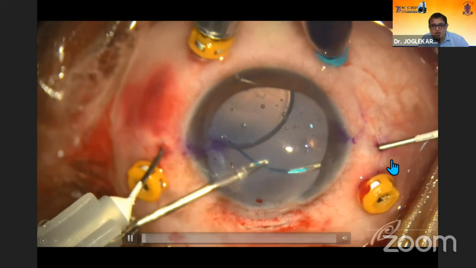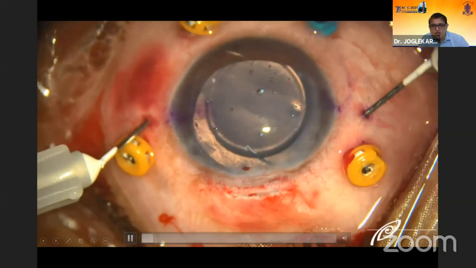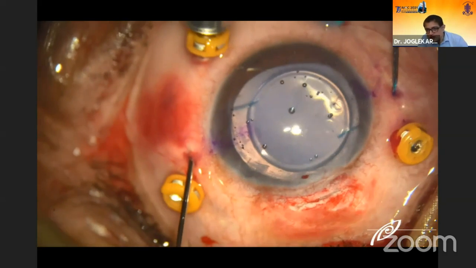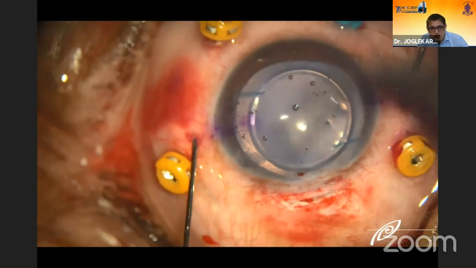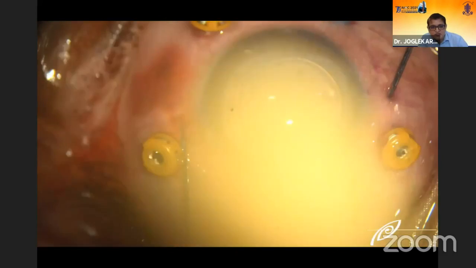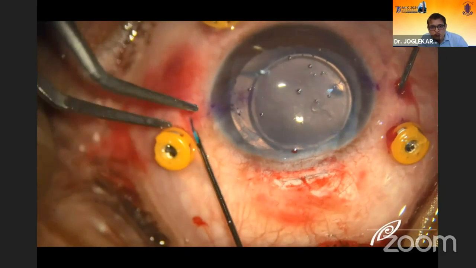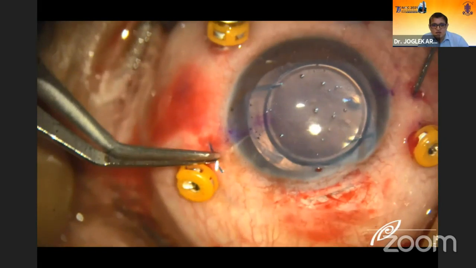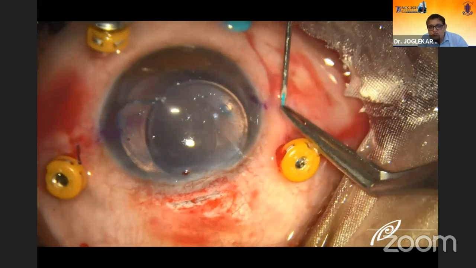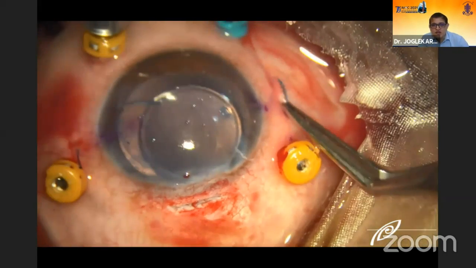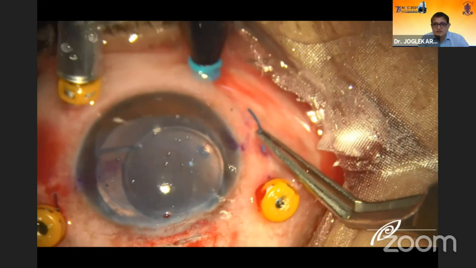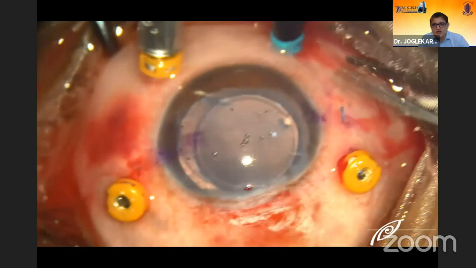So we are now externalizing this, but I'm not taking out the needles yet. I now use a forceps to slowly take it out without causing traction on the other side. Hold with the forceps gently, create a flange now. See, here I'm not touching it. Then you can remove the other needle. So this will prevent the slippage of the opposite haptic. Then we tuck it and the surgery is over.